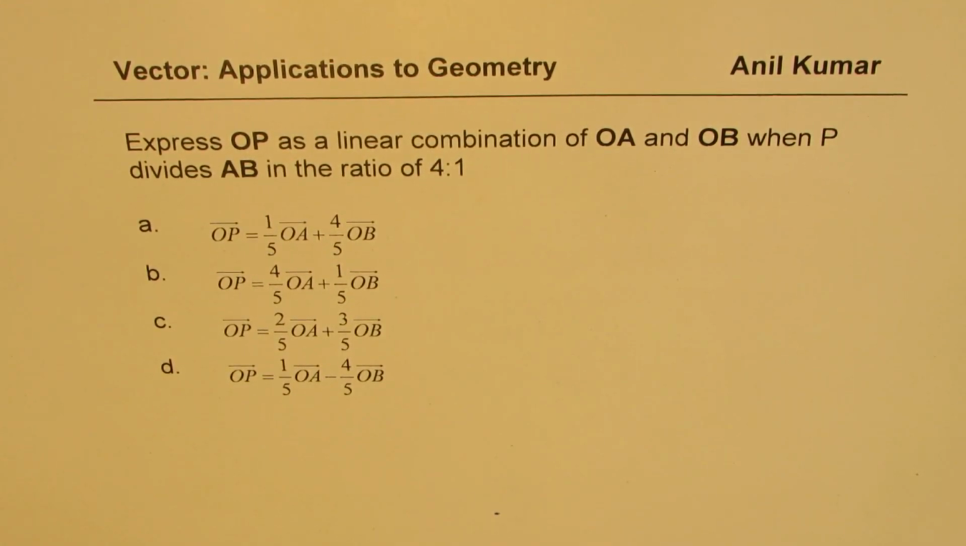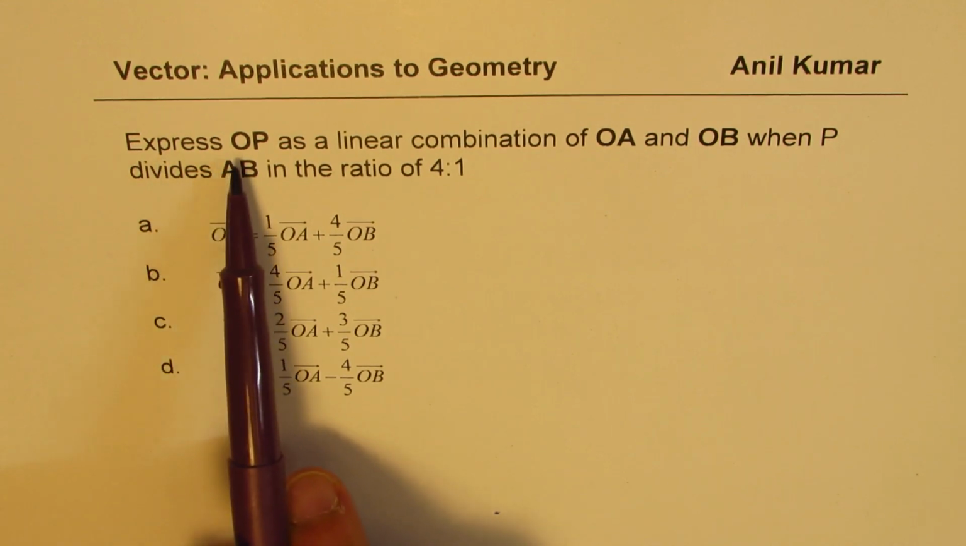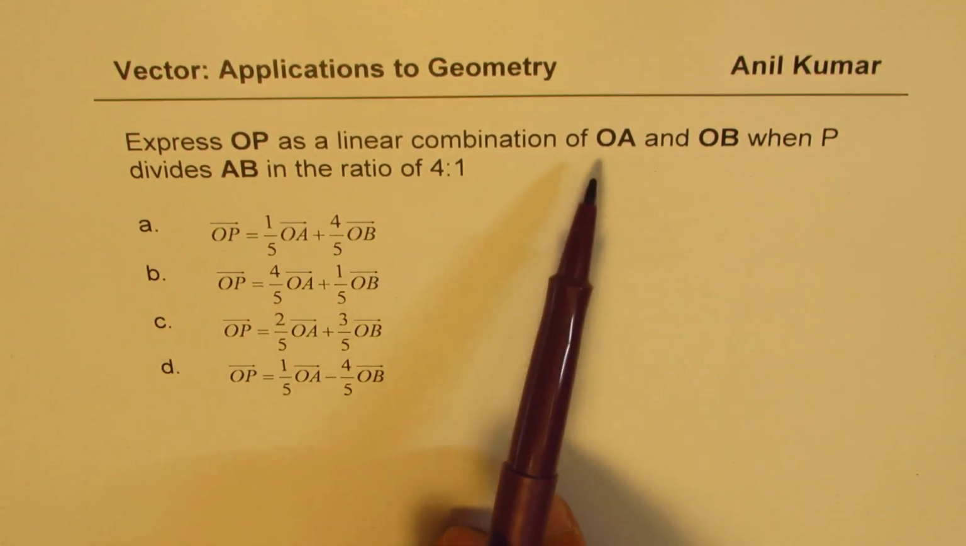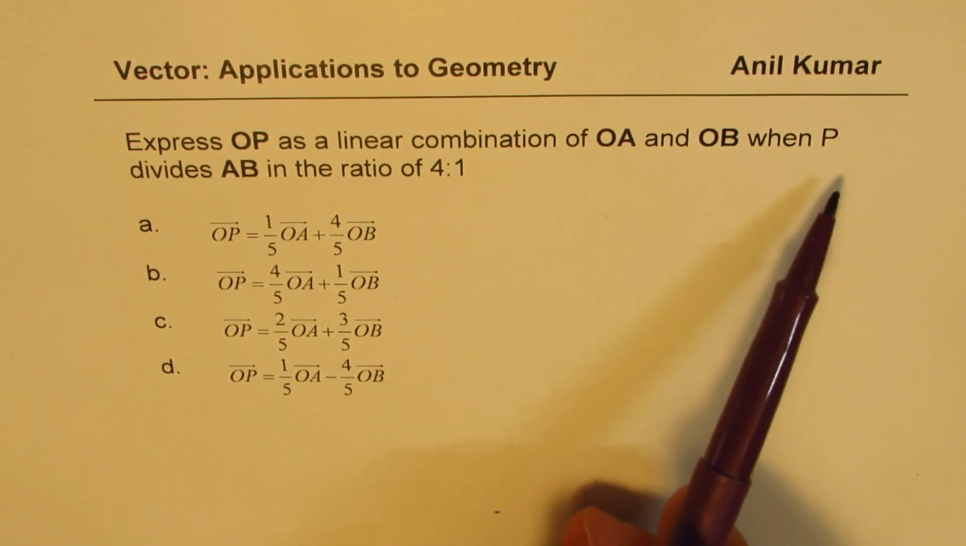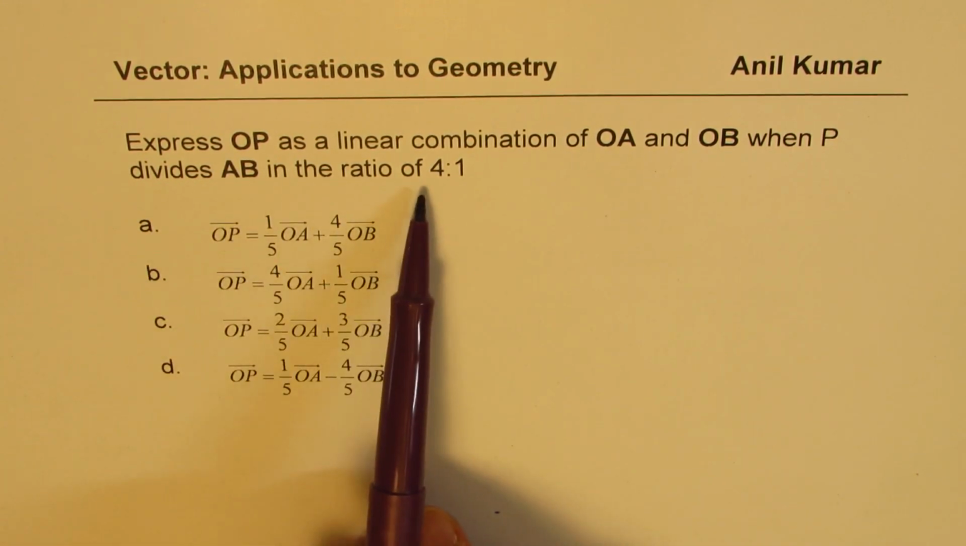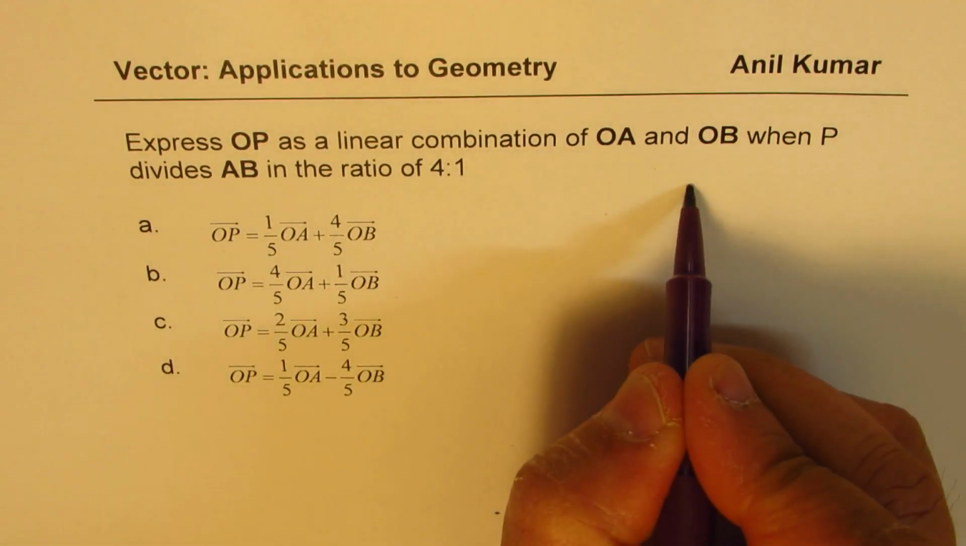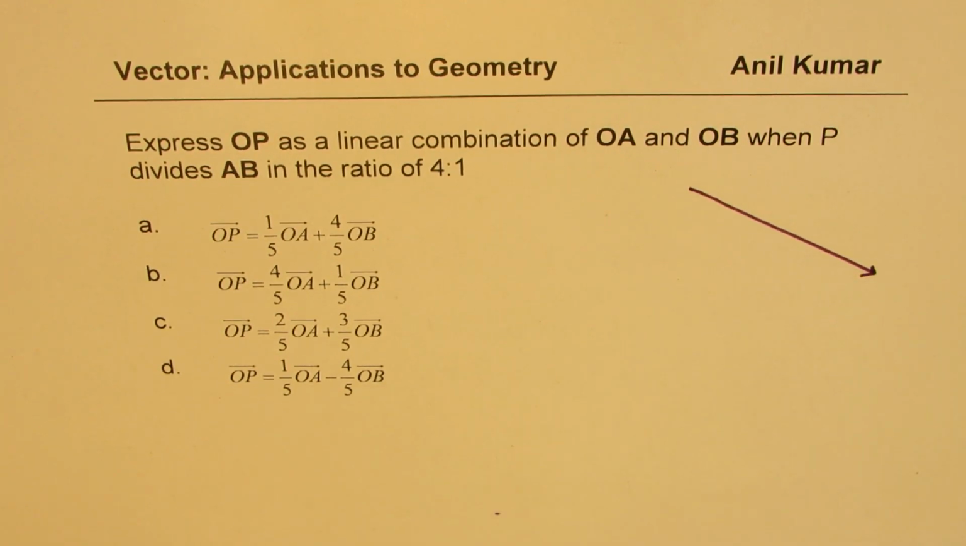Here is a multiple choice question based on division of line segment. The question here is, express OP as a linear combination of OA and OB when P divides AB in the ratio of 4:1. So let me sketch the segment, which is for you